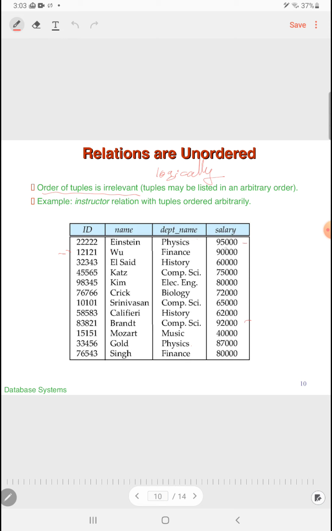Are there overlapping salaries? Okay. 90, 95, 60, 75, 80, 72, 65, 62, 92, 40, 87, 80. I don't think there's any duplicates. Could salary be a superkey of the relation? And the answer to that question,